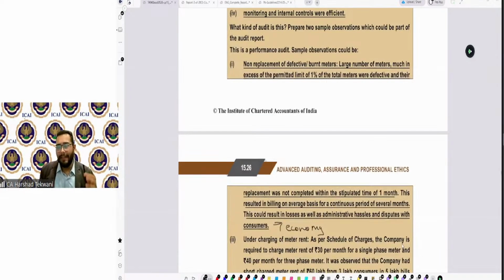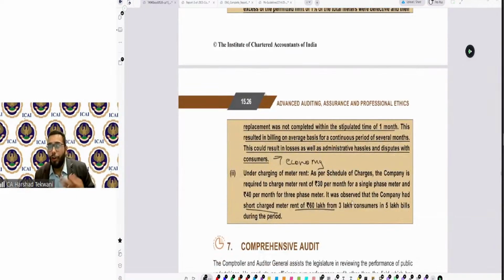Efficiency will be when, with a given input, I am talking about maximum output. If I'm not recovering something, it is a kind of problem with respect to the economy. Decisions are not being made in the right way. Basically, when you talk about efficiency, that is something related more to the planning side. You did not plan appropriately. That's why you are not getting maximum benefit with a given input.